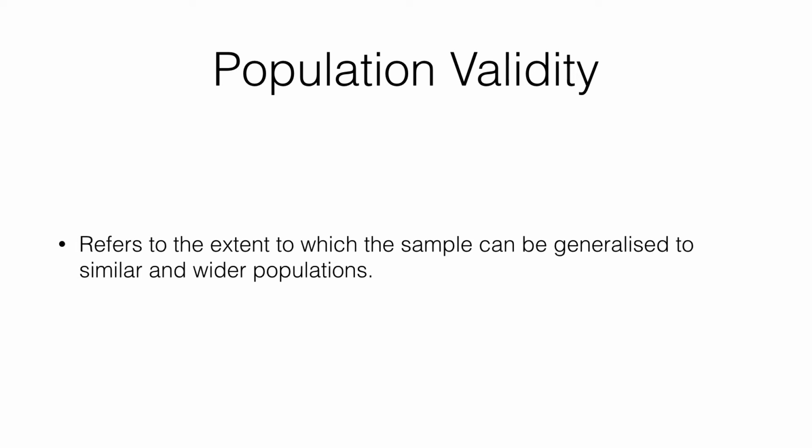However, the reason it is high in population validity for that sample is because we use a random sample, which means it's more representative. Now, this sample would have low population validity for everyone else because the sample is limited. We can't actually generalize results to people who have average IQs, so most people, and people who have below average IQs.